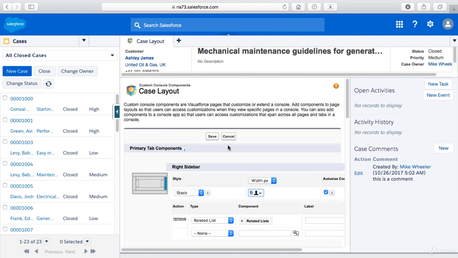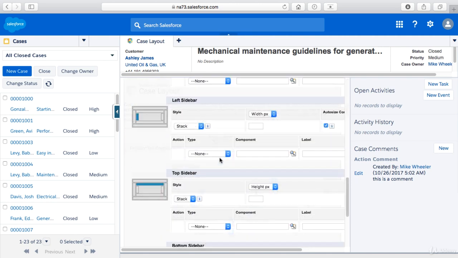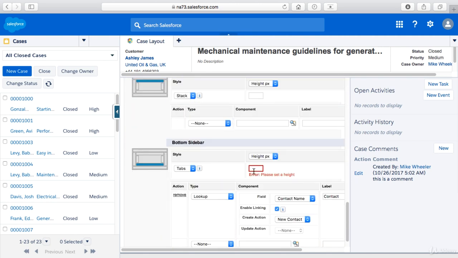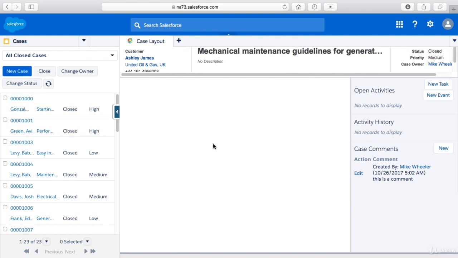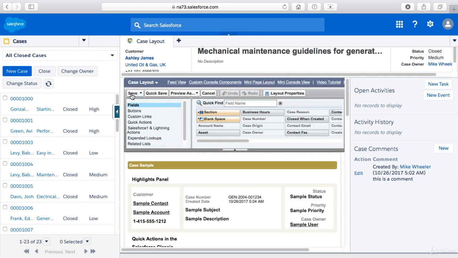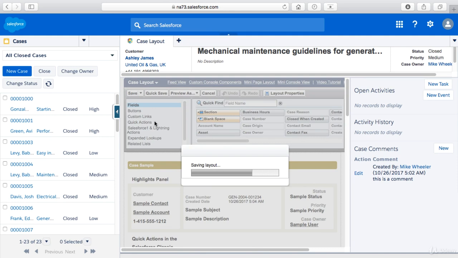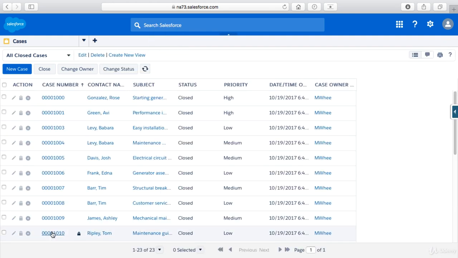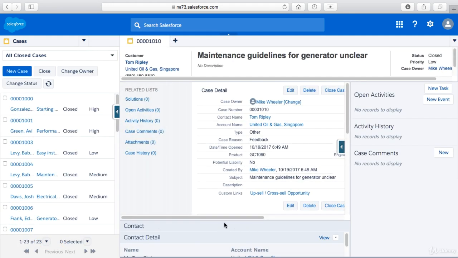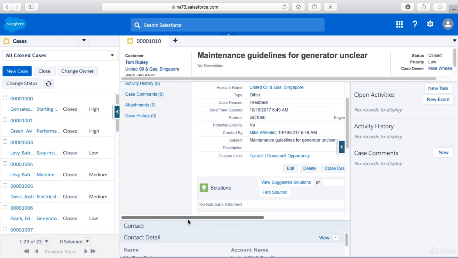And so after we click save, I've got an error somewhere. I've got to set a height on these tabs, so I'm going to do a height in pixels of 100 here, and then click save, and then we should be returned to the page layout, which we are. Click save for that. I'm not sure if you have to click save at that point for this, or if the components will just automatically and magically refresh. I'm going to close out this in order to get a new view, and now we've got our contact tab,